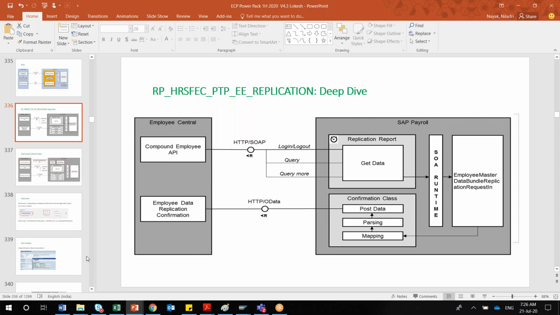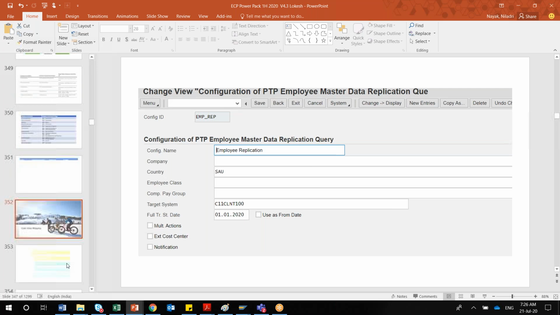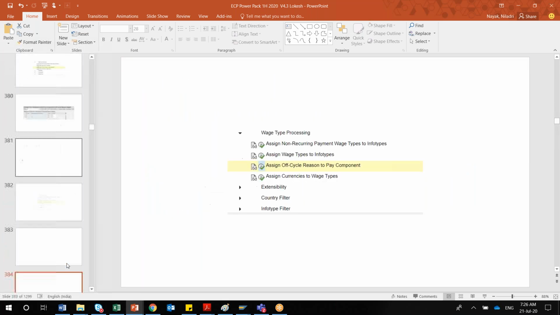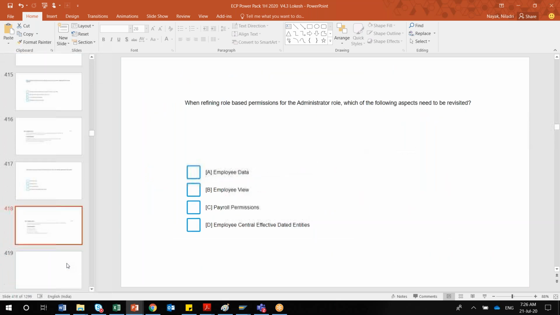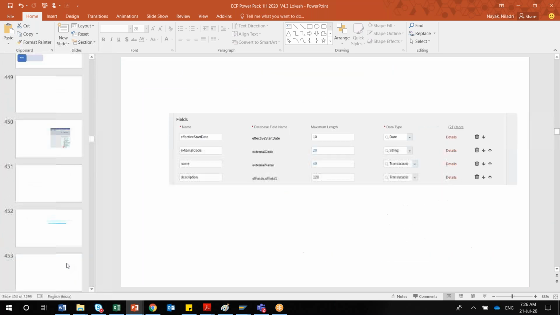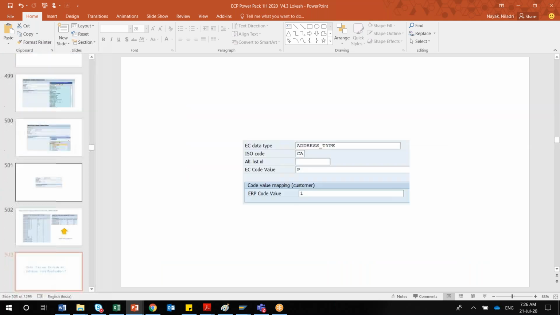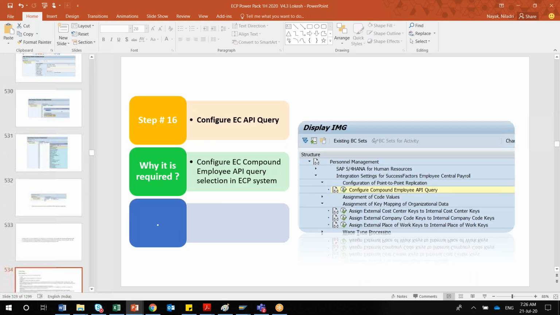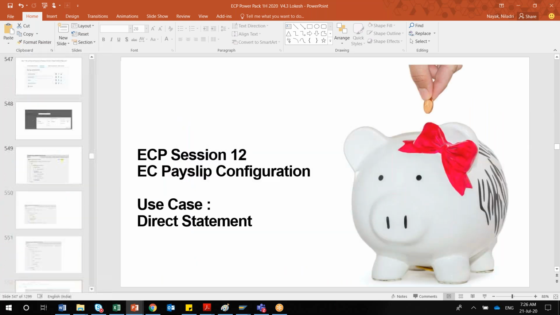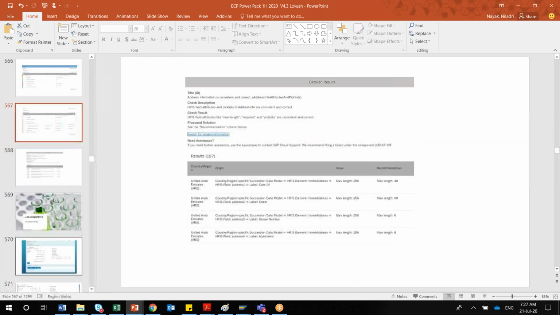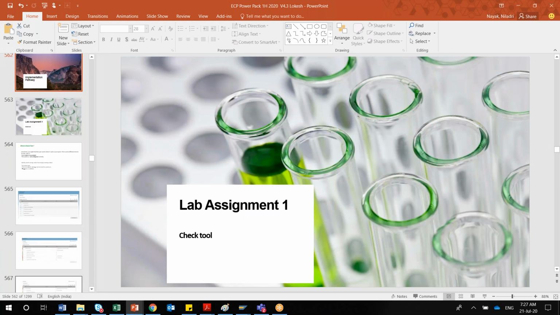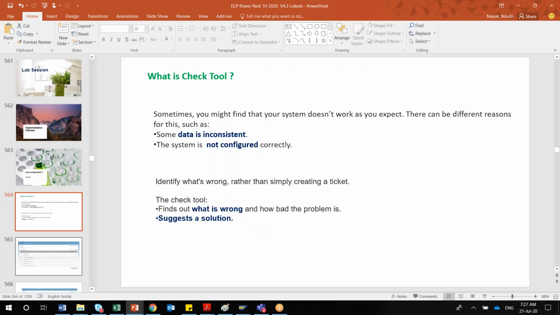Okay, so this is the part which I was talking about. Now let's get to today's little easy topic: the tools, some of which you have already seen, like the check tool. Let me go to the topic again. Today we'll be talking about some of the tools like the check tool. What is the purpose of the check tool? Basically, it is a tool that checks if some configuration is missing, and what the predefined configuration types are.